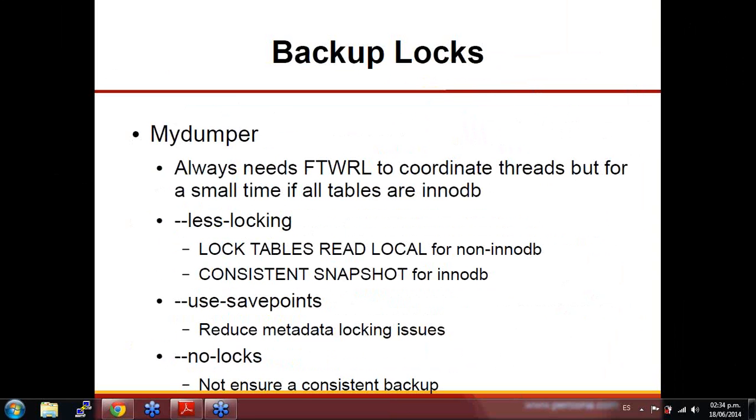The other option that we have is less locking. In that way, as I told you, it creates other threads. These other threads run lock table read local for non-InnoDB tables. Once it has grabbed this lock, it will release flush table with read lock and will run a consistent snapshot for InnoDB. Using savepoints will reduce metadata locking. As I told you, this will not avoid 100%